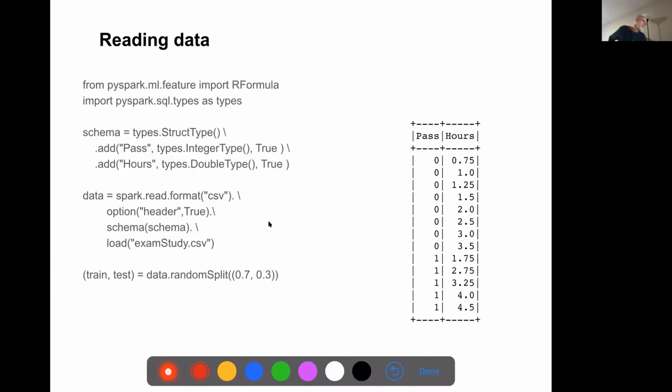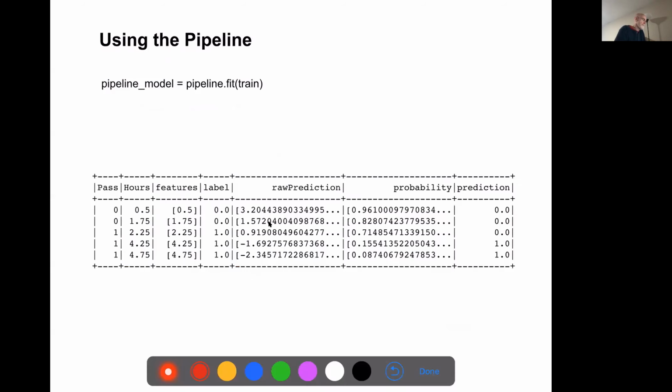So again, all we're doing is reading the same data and getting the test and the training data. And then I can apply my pipeline to train on the data to get our model.